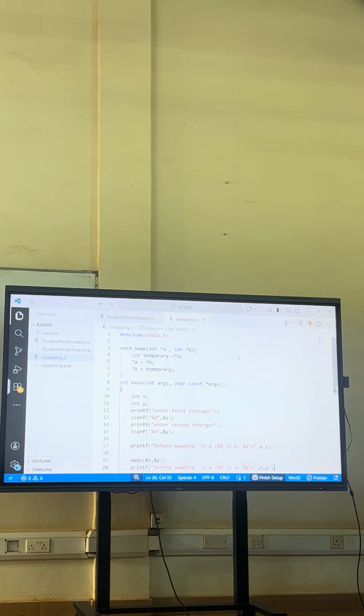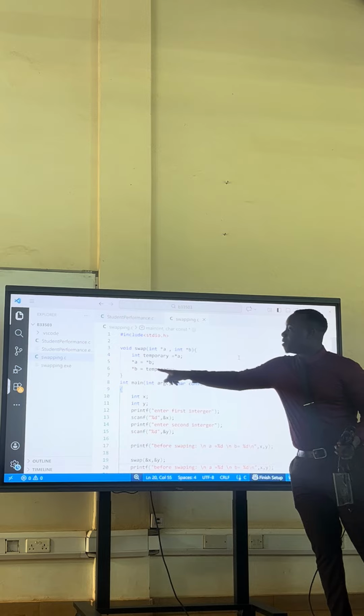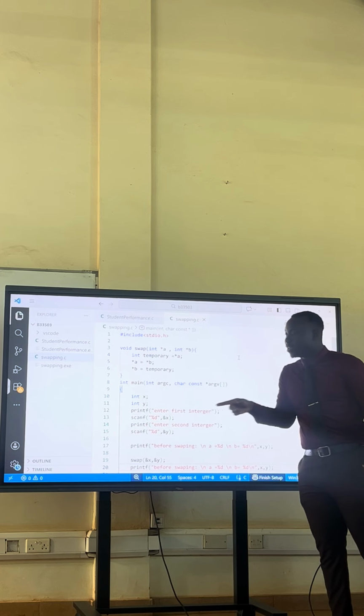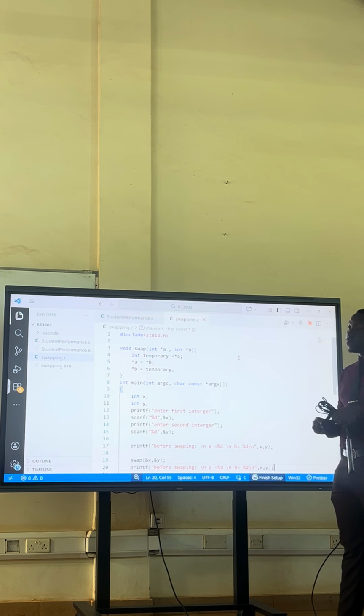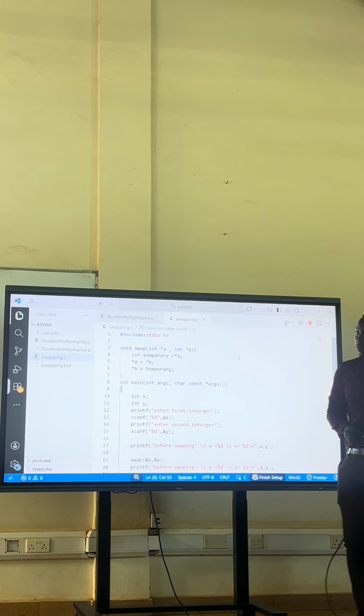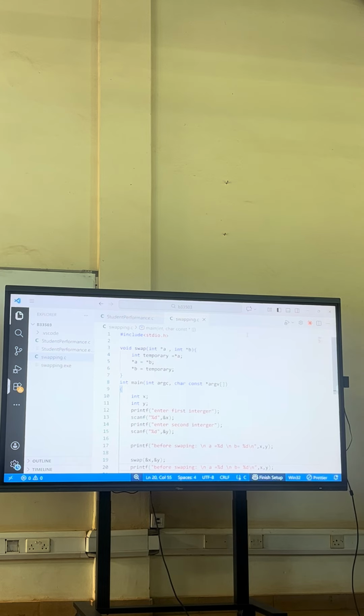Because the void function just does whatever you put in there, so you don't have to return. So in case I want to bring anything up here, you have to write it on this side. Okay, so if you're looking inside the void swap function, how would you